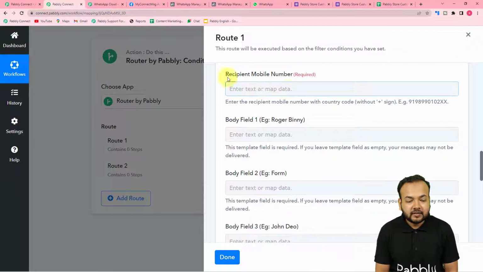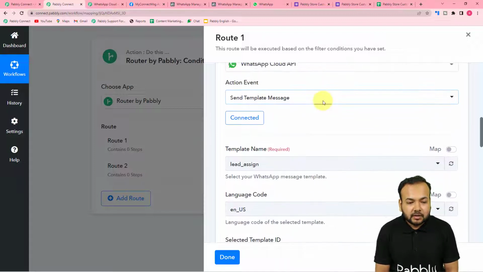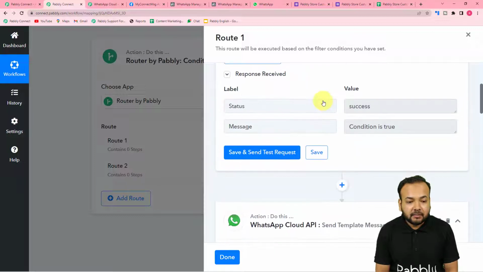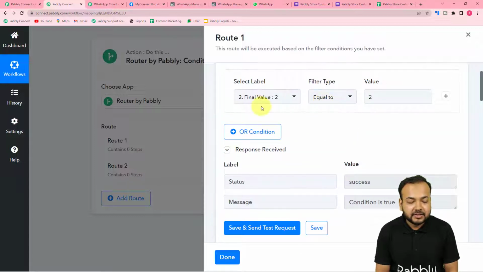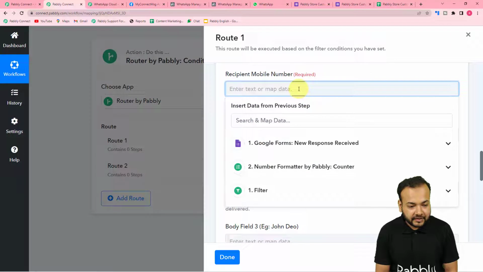And here it is asking for the recipient's mobile number or the WhatsApp number of your team member. So you have to put the number of your team member here manually. Here I am going to put the WhatsApp number of the second team member, because this route is for the second team member, because we receive the final value here as 2. Okay, so let me fill the number of the second team member,